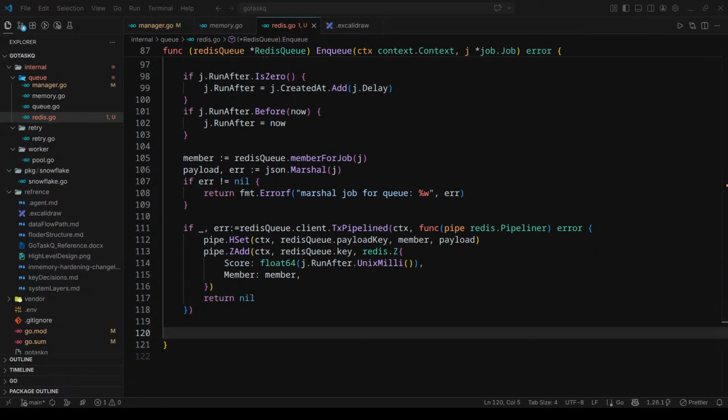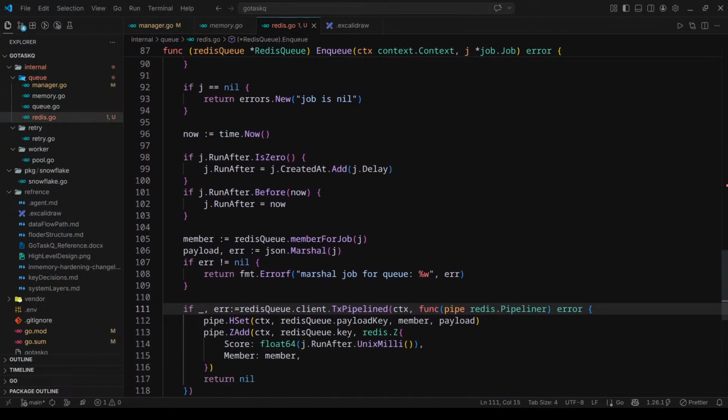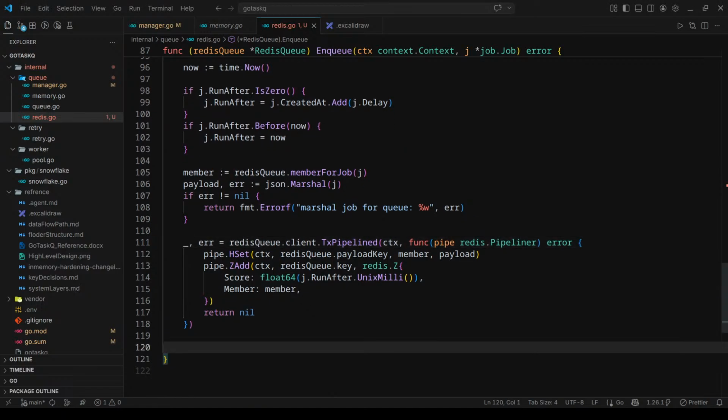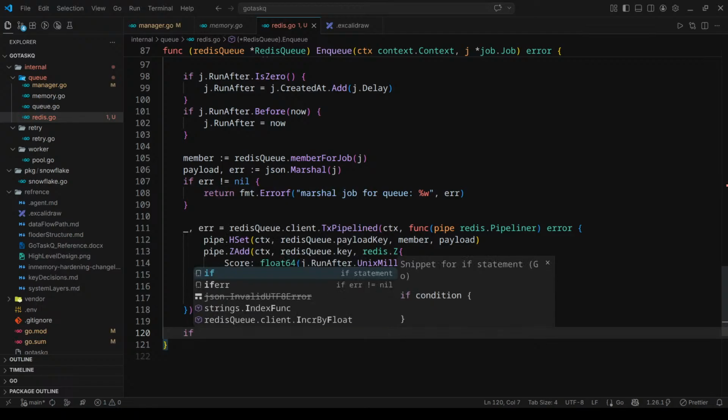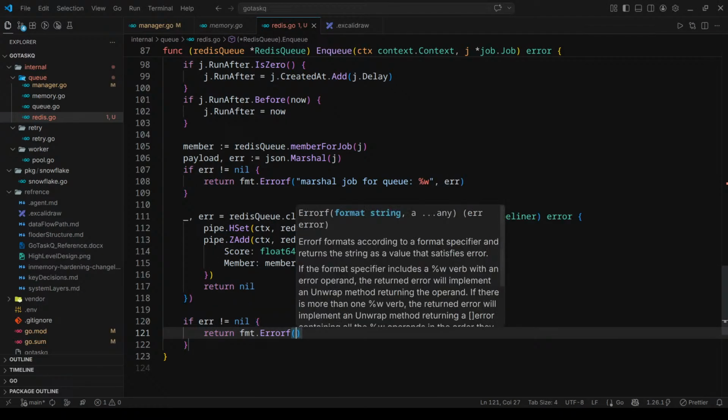So what I'll do is, we defined error above. Yeah, I have defined error above, so let's give it a name something like this. If there's no error, I don't need the if here, I need the error. I need to retrieve the value. If error not equals to nil, what we will do is return an error saying that the transaction failed, something like that. Return fmt.Errorf